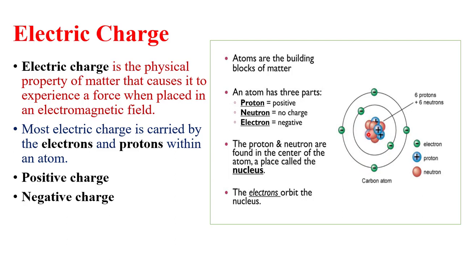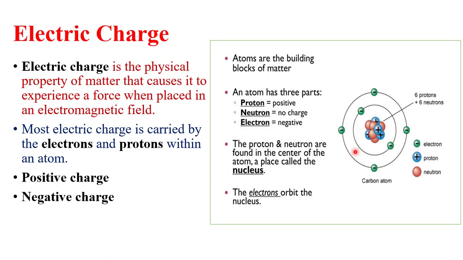An atom basically has three parts. First is the proton, second is the neutron, and third is the electron. You can observe here, the proton and neutron are found at the center of the atom, and it is called the nucleus. This positive part is a proton. Then this is the portion where no charge is present. These are neutrons, and the nucleus is surrounded by negatively charged electrons. The electrons are continuously rotating in orbit around the nucleus.